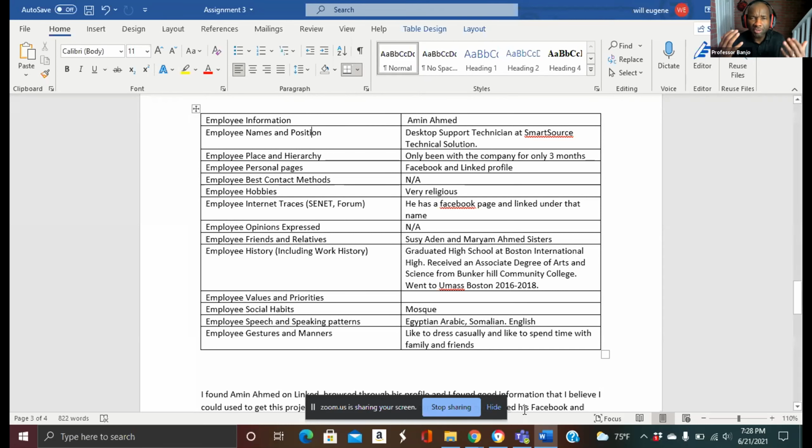So how did you feel when you were getting all this information? Like I was saying, I felt like a stalker being on somebody's Facebook for so long, and you have to make sure you don't like a post, you don't do anything, and make sure you're doing what you were supposed to do. Do you feel like people do stuff like this? For real, people do stuff like this, right? I even thought about myself. Maybe somebody's out there doing the same thing on my Facebook page or LinkedIn, looking for information about me.